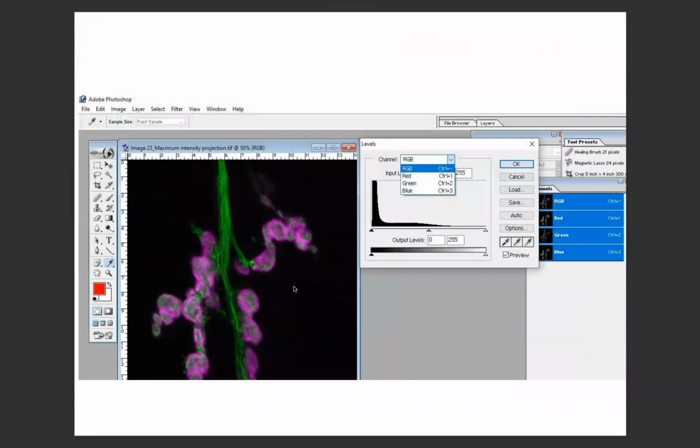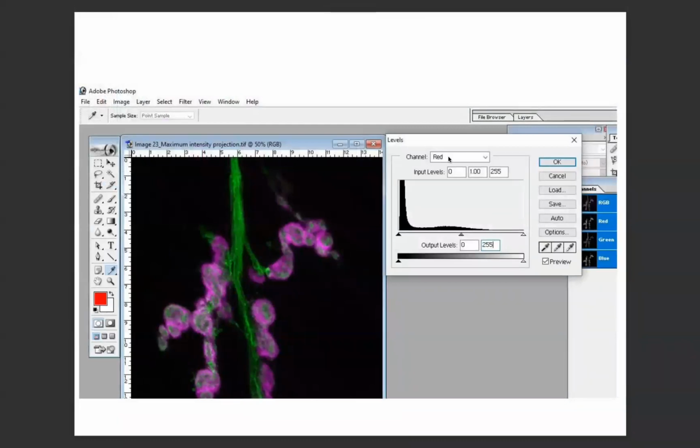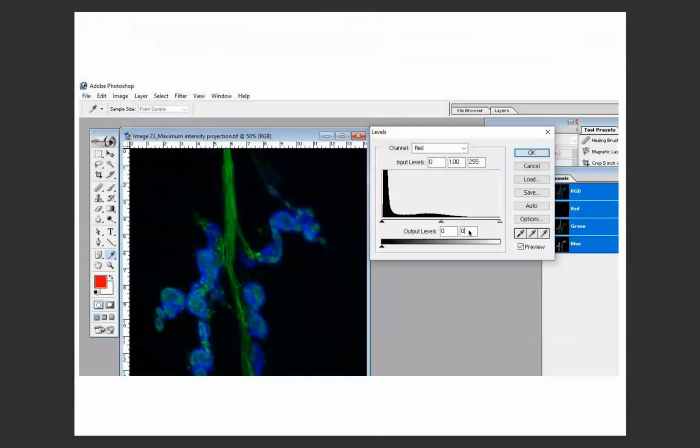So here is the RGB image, and the most important thing here is the output level. This is from 0 to 255. That's why you are having this kind of image. If you want to process your red channel, click on the red channel and you will get the intensity for the red, from 0 to 255. If I want to remove the red channel, you can also do that. Just click on 0 here, and the red channel will be removed. So I did that. I removed the red channel. Now only the blue and green are remaining. So I just zeroed the red channel.